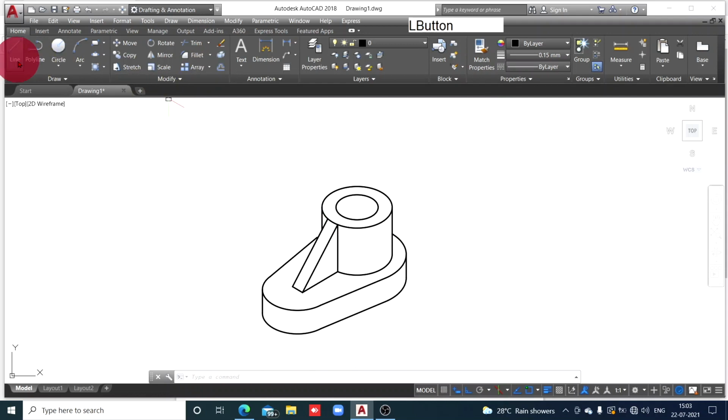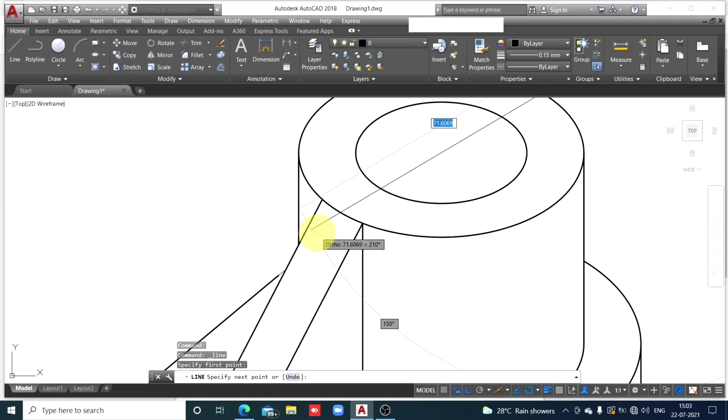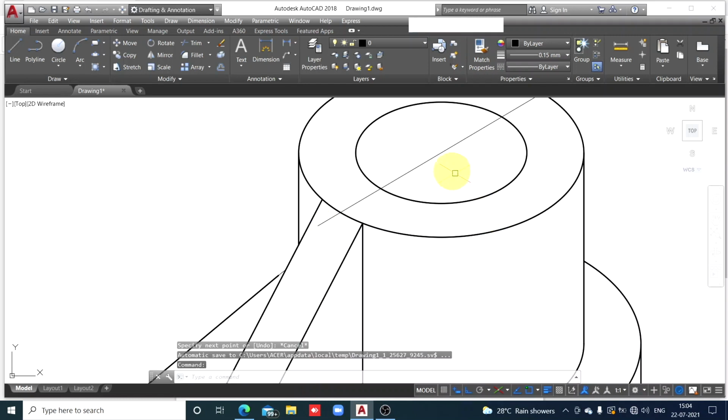Try to understand. Line, establish the center first, don't click it, but we should use the top plane. So select the top plane first. So isoplane top, and now line. Track that center, don't click on the center, just track that center parallel to the length axis, click it and then extend it. So this is the center line.